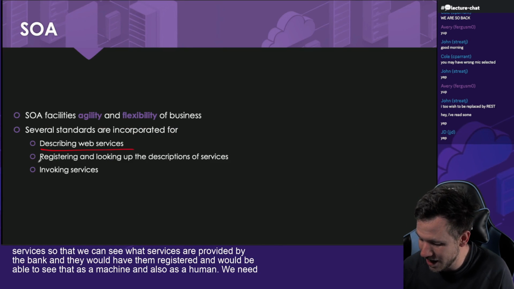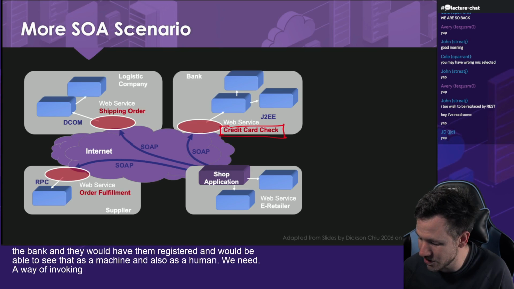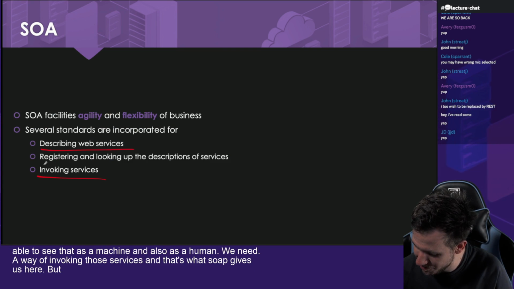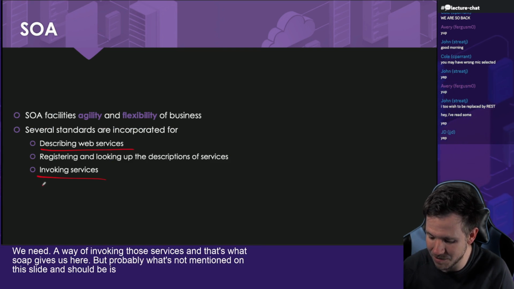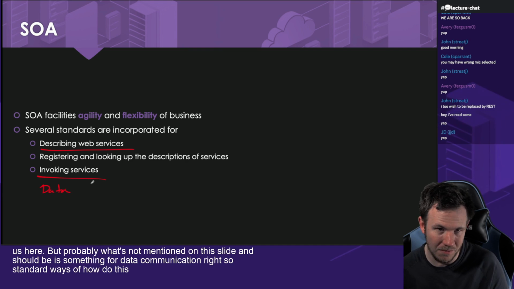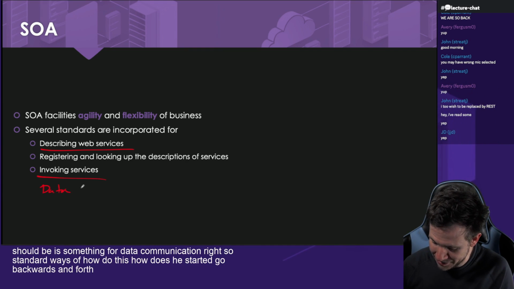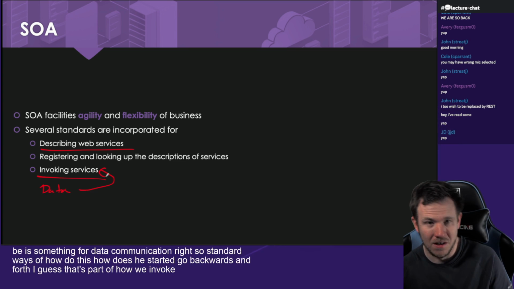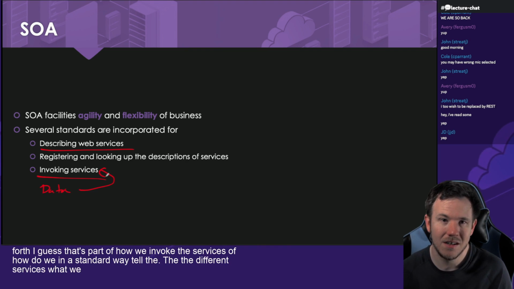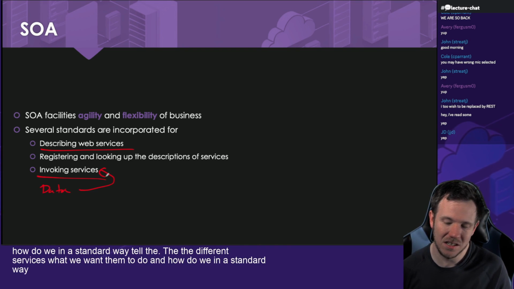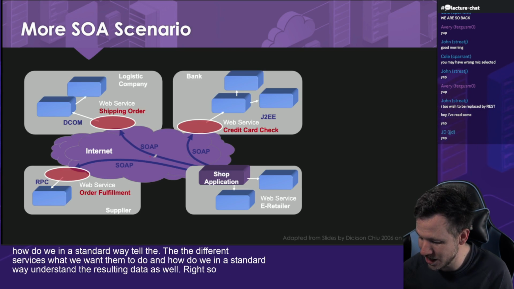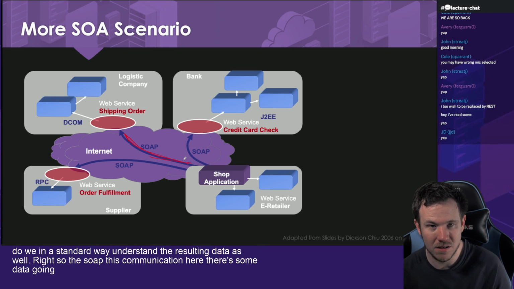We need a way of invoking those services, and that's what SOAP gives us here. But probably what's not mentioned on this slide, and should be, is something for data communication, right? So standard ways of how this data goes backwards and forwards. I guess that's part of how we invoke the services, of how we, in a standard way, tell the different services what we want them to do, and how we, in a standard way, understand the resulting data as well. Right, so in the SOAP communication here, there's some data going backwards and forwards,